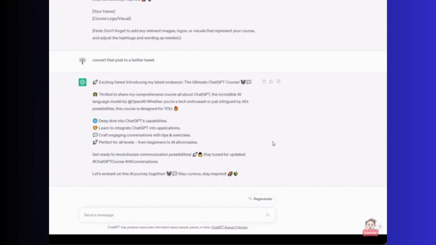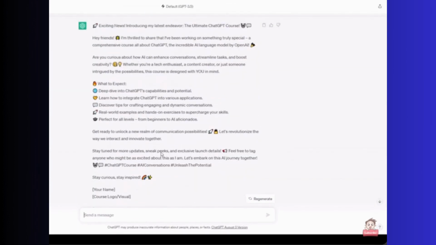Now there's a couple of things that you and I may not want. You may not want all these symbols. You may want it to be more specific. You may want it to be more friendly. You may want it to be more conversational. The other thing that you can do is ask ChatGPT to take on a specific persona. So let's see how different this post would be if I was a very successful author and a course developer inviting current students into a sneak peek preview, right?